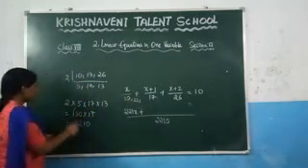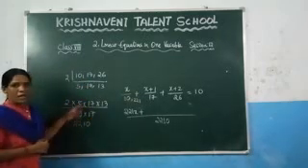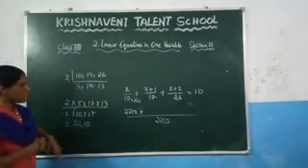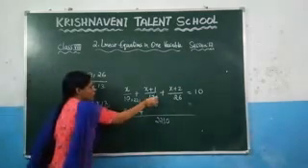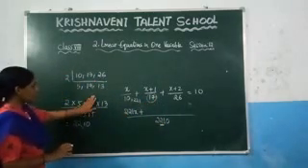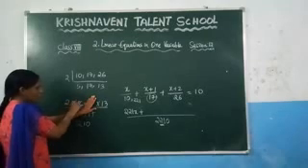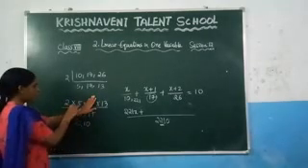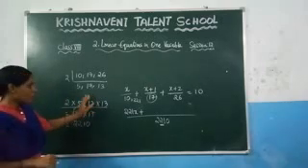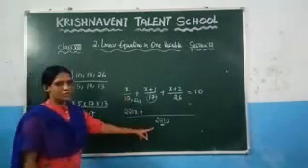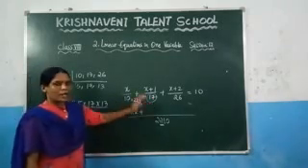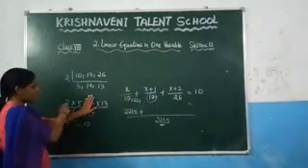Just see the numbers. After taking the LCM you got 2 into 5 into 17 into 13. Here you need to check in the 17 table when you will get 2210. So take 17 out and multiply the remaining numbers. What will you get here? 5 into 2 is 10, and 10 into 13 is 130. So definitely 130 into 17 gives you 2210. So just see the denominator, leave that value, and multiply the remaining values.